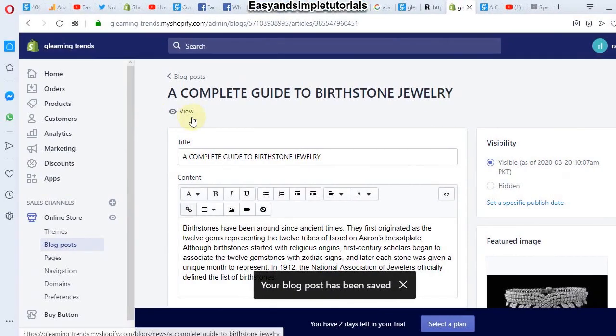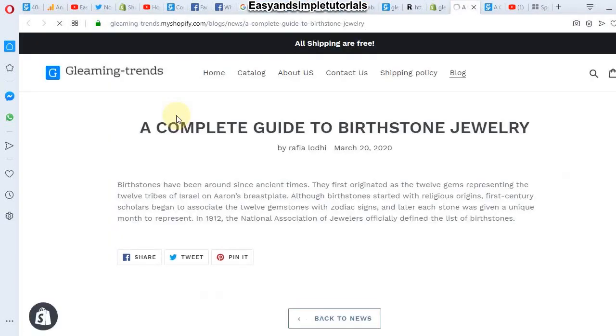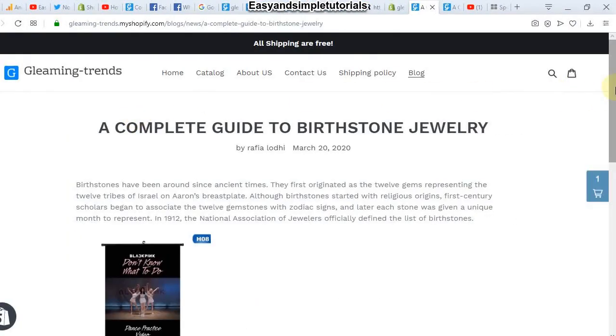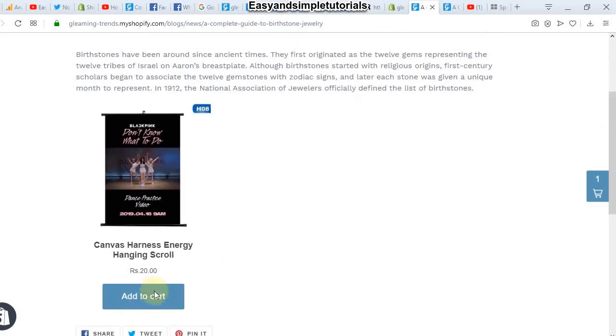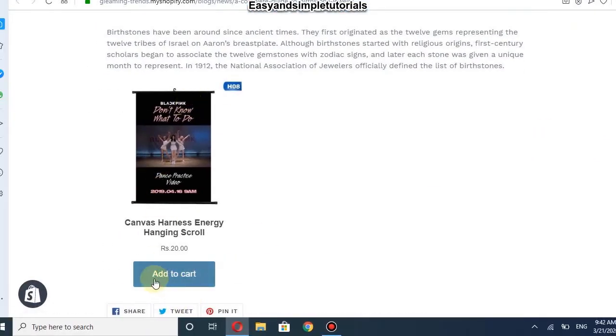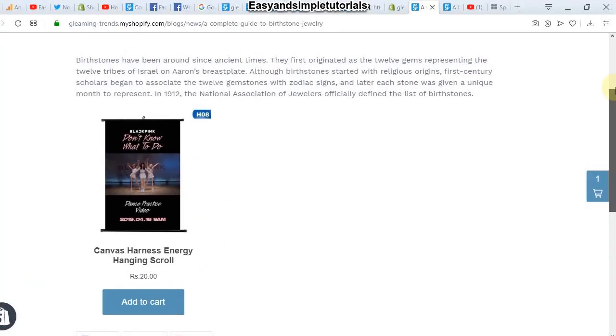Okay, you can view it at this place. Oh, you can see our product with the add to cart button has been added to the blog post.